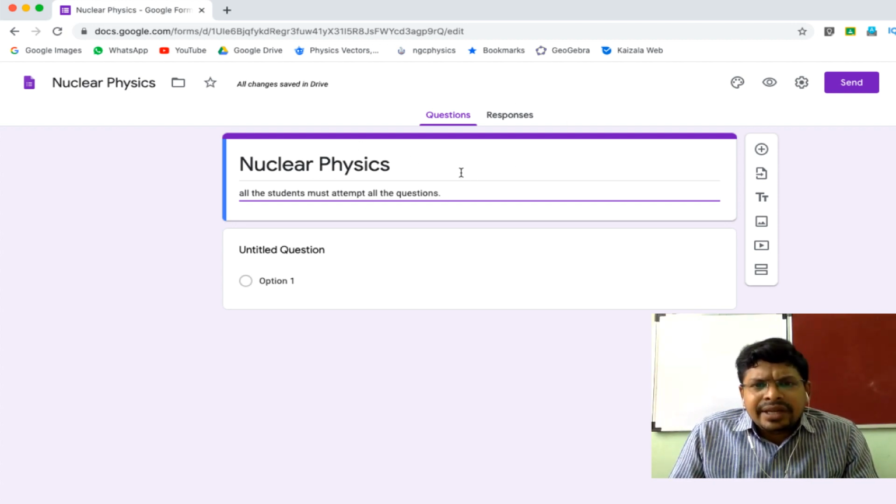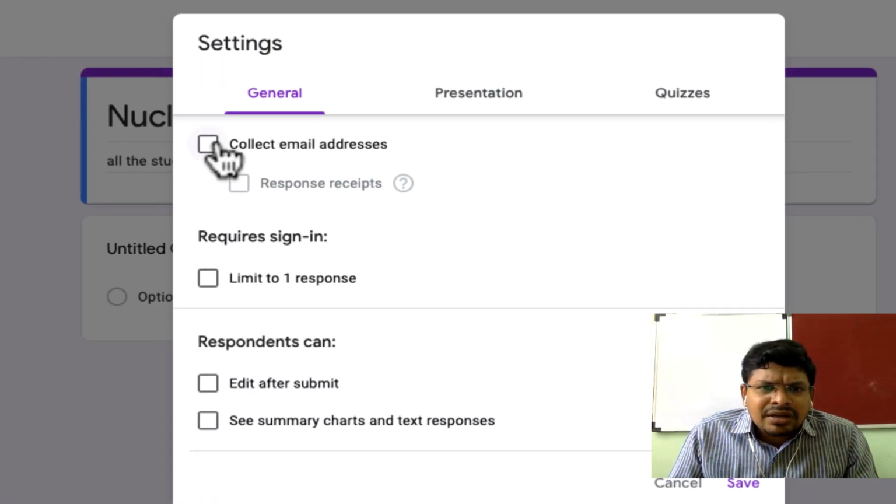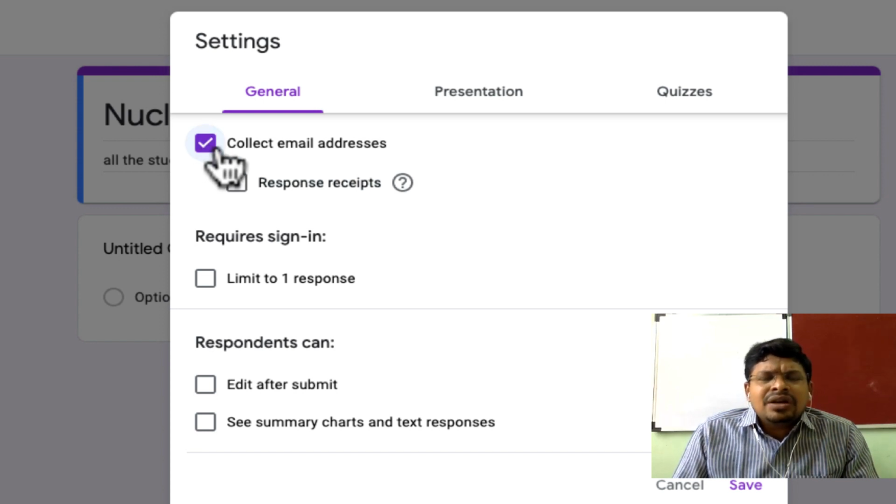After giving the title, before getting into how to create, let's go to the settings. Here the settings symbol will be there. You click on that one, and this pop-up will come. Here you have to click collect email addresses, because we have to send the marks to them, so we have to collect the email addresses.